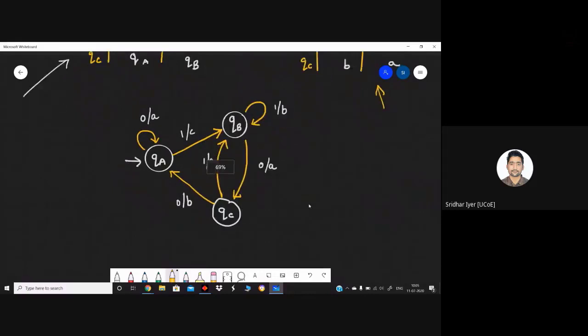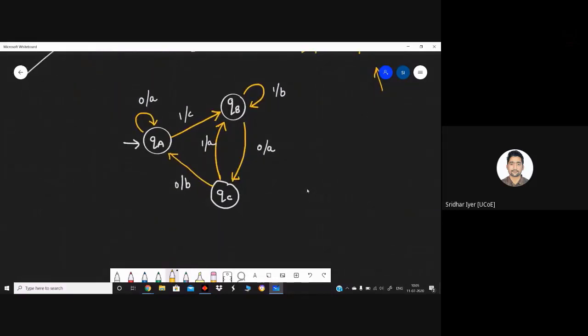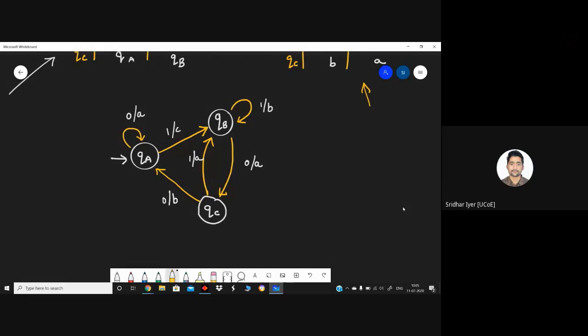Next up, if you all remember, the most important step is the diagram. Have a look at the diagram and see how it differs. In the case of a Moore machine, we had written the output of a particular state inside that state only. But in this case, QA on input 0 produces what kind of output? That is being written after a slash.